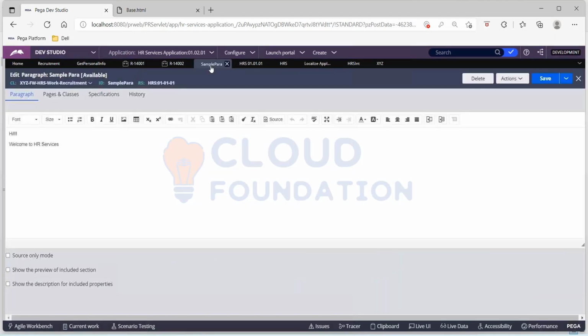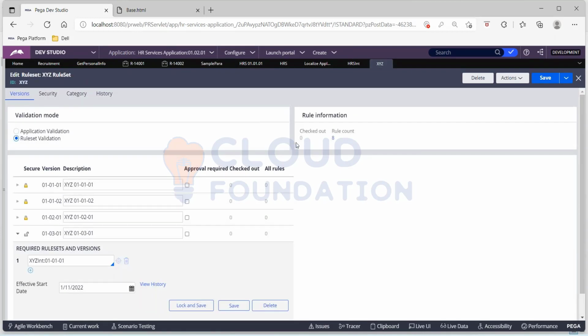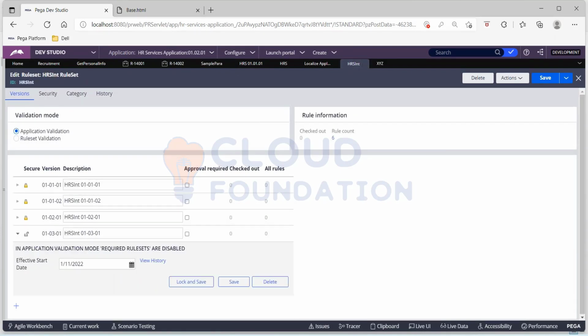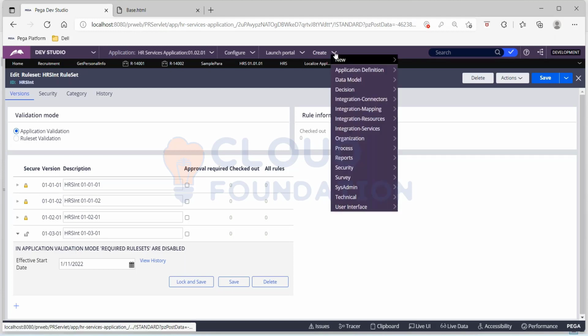Again, I think I have to change the paragraph and the section to 01, 03, 01 again, if at all I would like to look at this. Okay, maybe I'll check that paragraph thing once again. I'll do it once again and I'll confirm it. Okay, but otherwise, the rest of all the